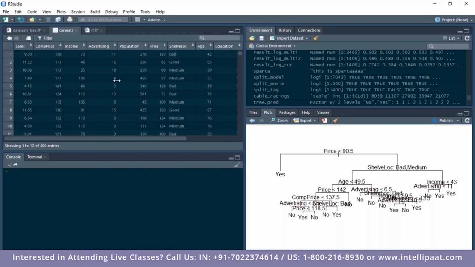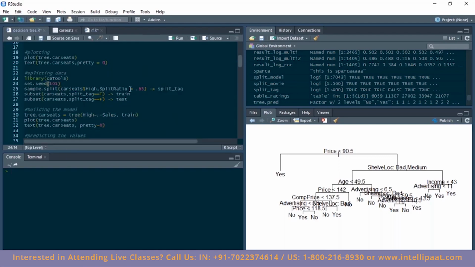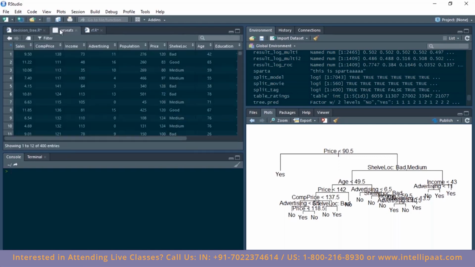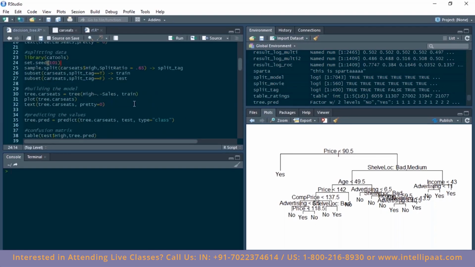That we can. So there is actually an example which we'll be doing with the RPart package. There we'll be predicting continuous values with the help of the decision tree. So again, decision tree is used for both classification purpose as well as regression purpose, right? You can do both with them. This example on this data set will be doing classification,